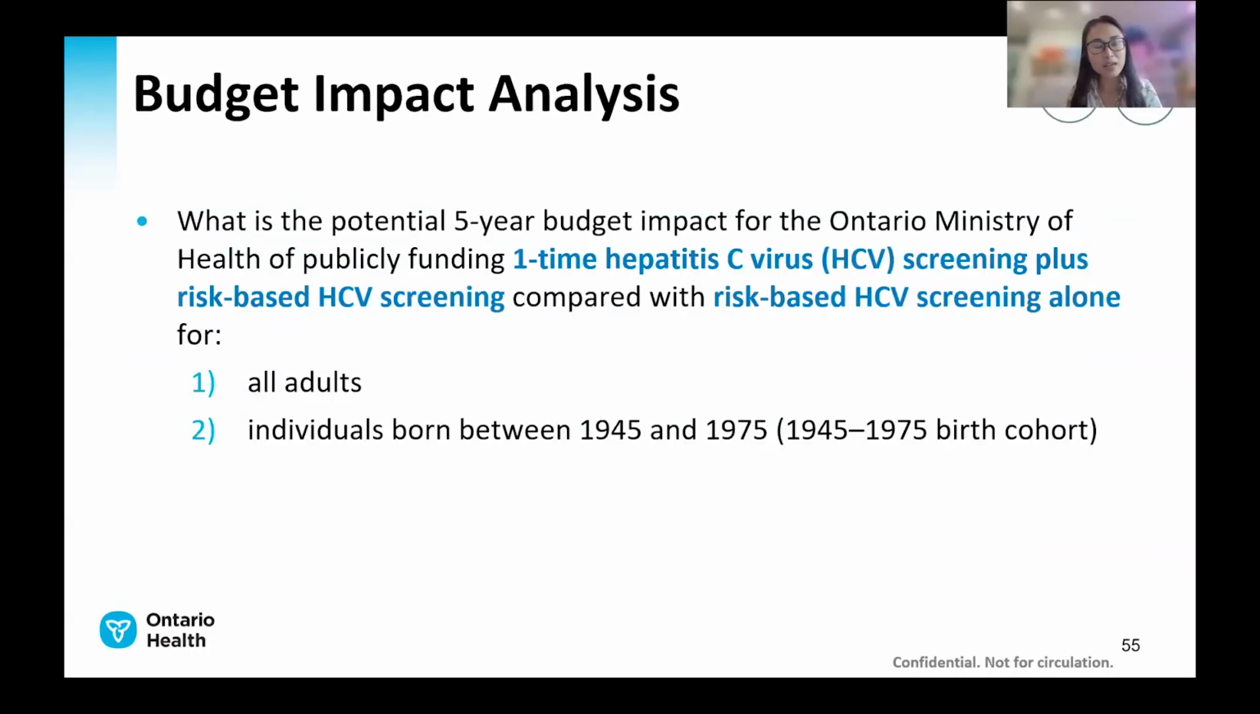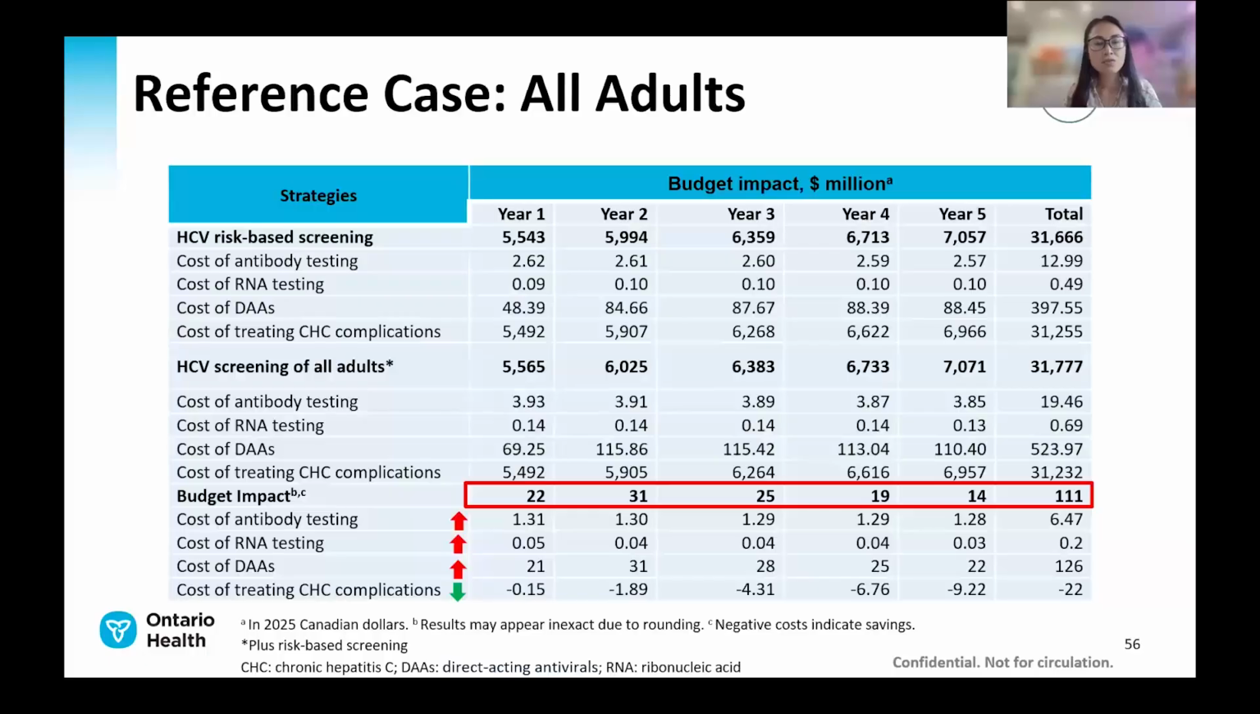Part of the economic evidence analysis, we also conducted budget impact analysis to estimate the 5-year budget that the Ministry of Health in Ontario would need if they would like to consider funding one-time hepatitis screening, in addition to risk-based screening for the two populations I just mentioned. So for the reference case analysis, if the government considers publicly funding all adults in Ontario, it would require 22 million in year 1, or 14 million in year 5, for a total of